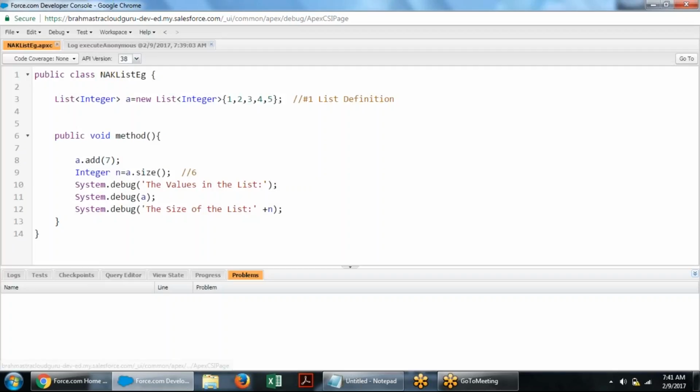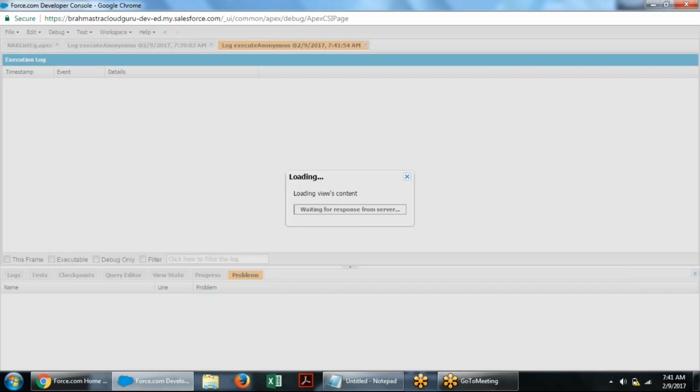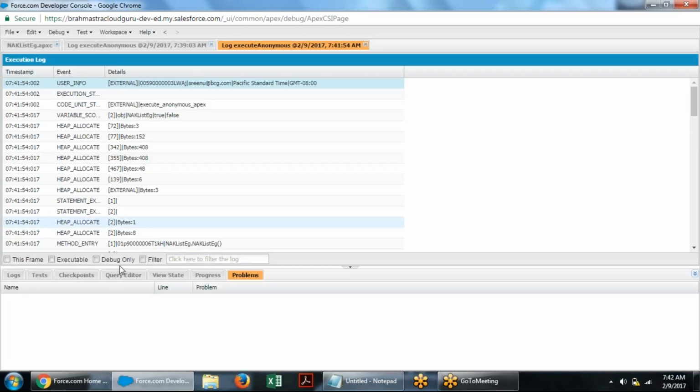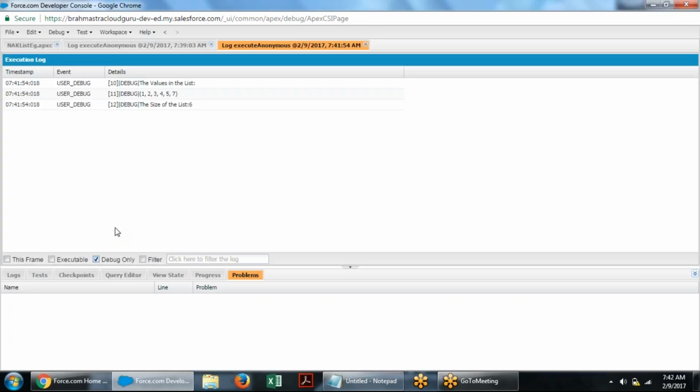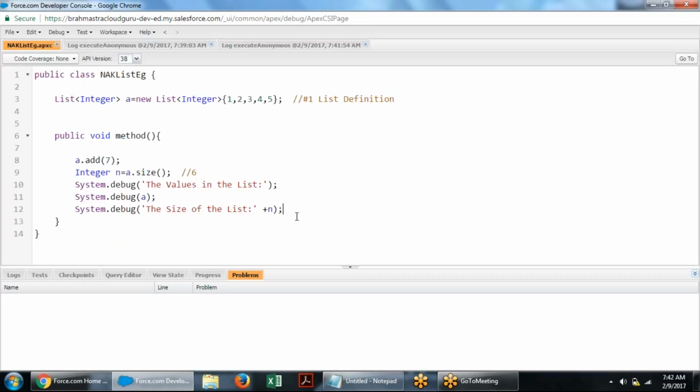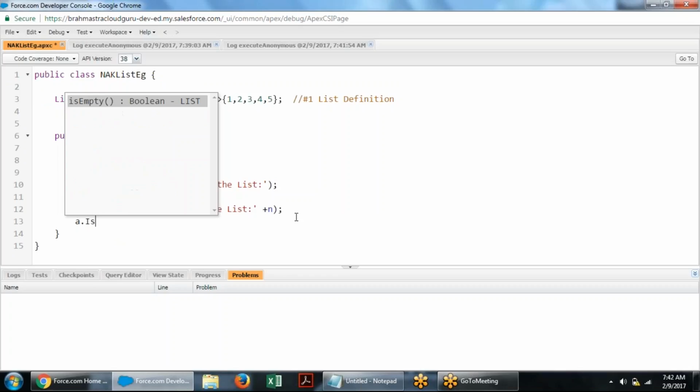So here, size of the list it is printing 6, and you can test other things also like a dot